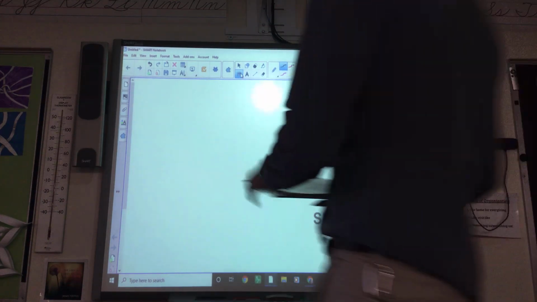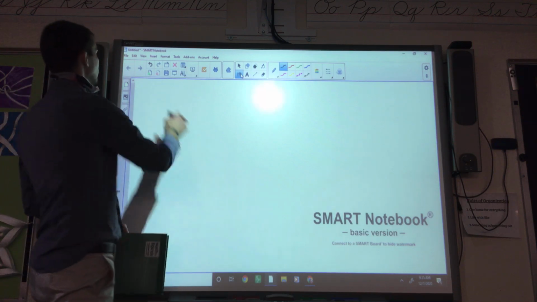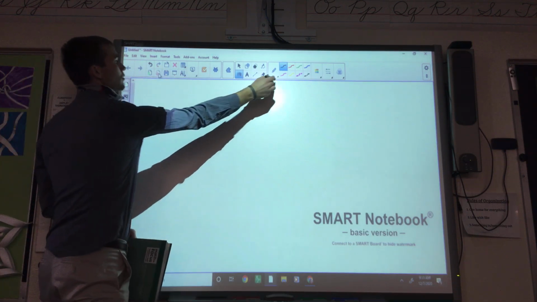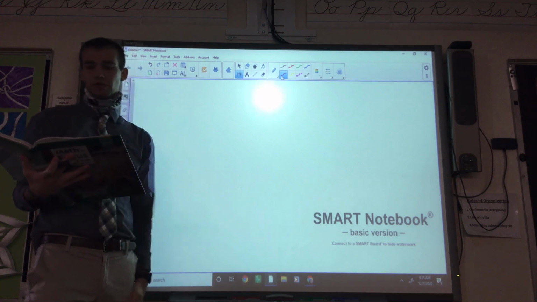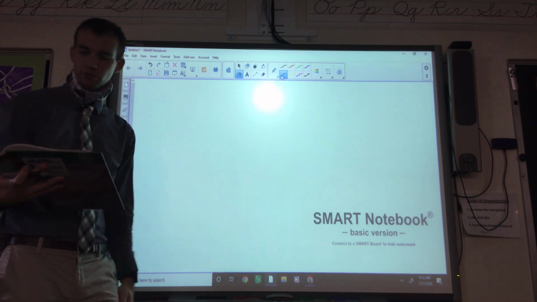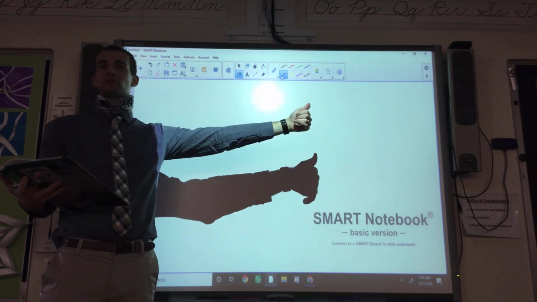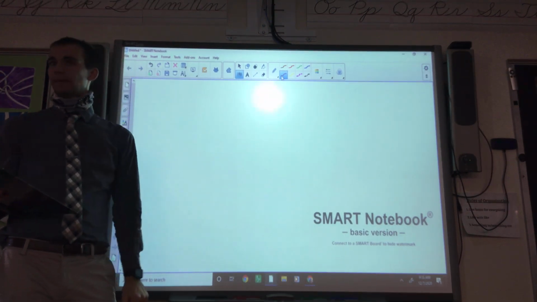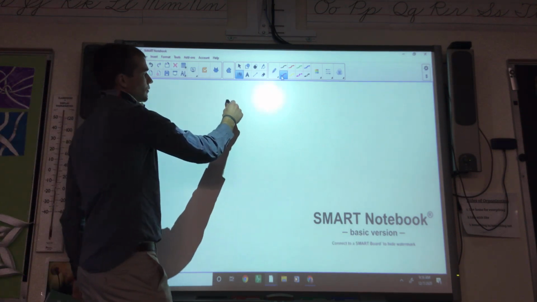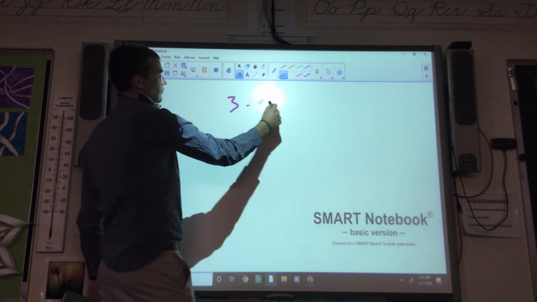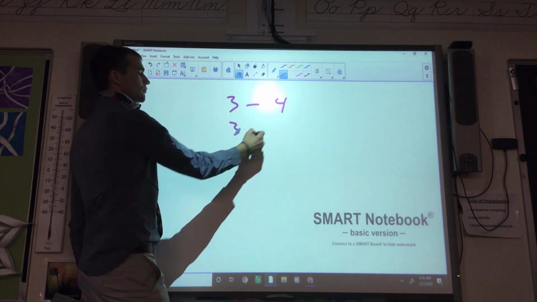Alright, we're on page 96. We talked about, on pages 94 and 95, operations with integers, so PEMDAS, and then anytime you have subtraction, you turn it into what? Addition of the negative. So if you have 3 minus 4, it turns into 3 plus